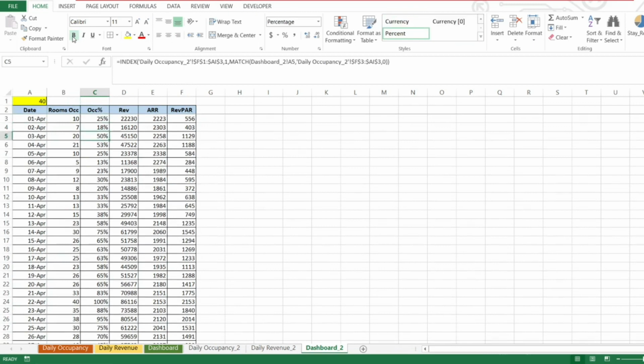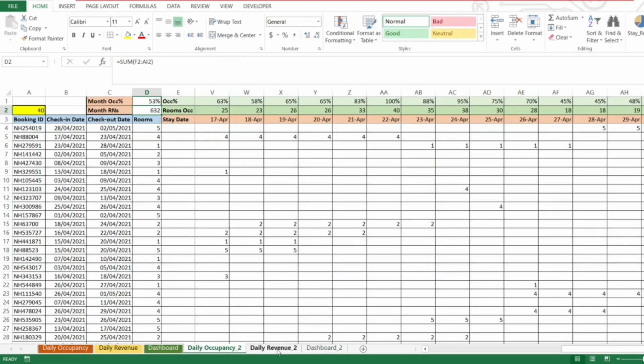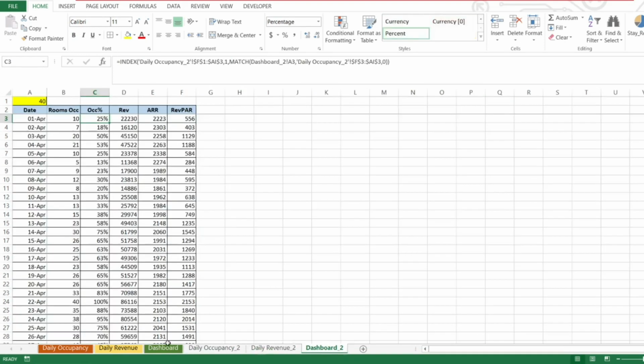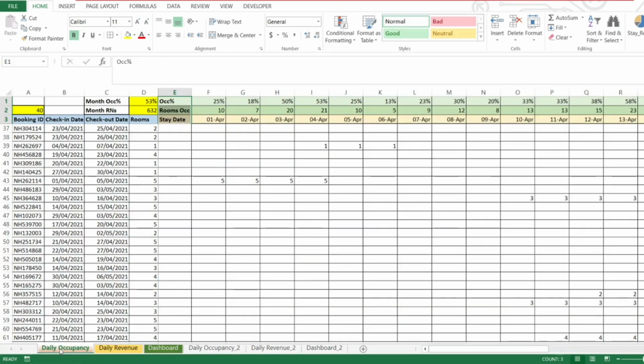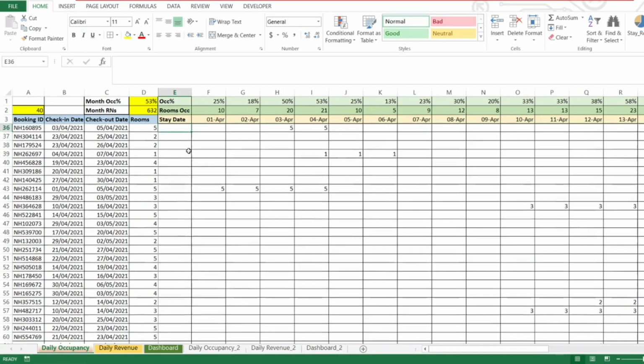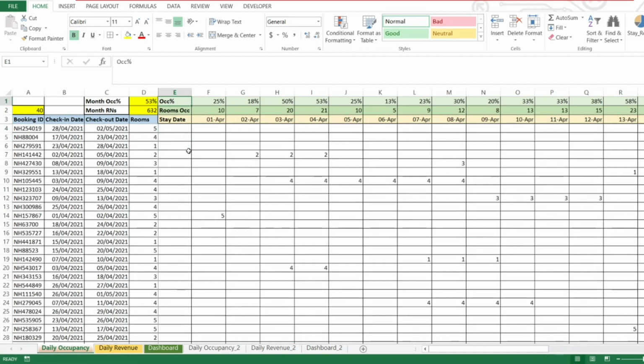And here, as you can see, we have done the entire exercise. This particular index match formula is a little bit out of the scope for this exercise, but you can download this workbook, for the link has been given in the post itself. And let's take a look again at what we have done. First, we have calculated the daily occupancy.